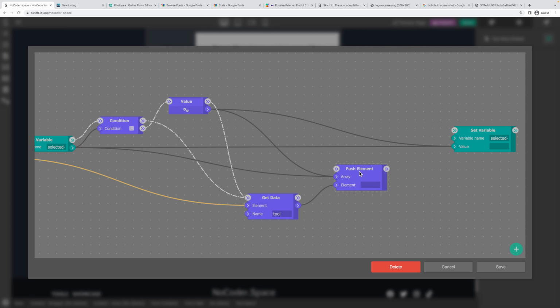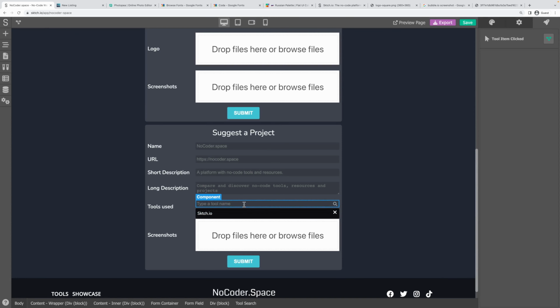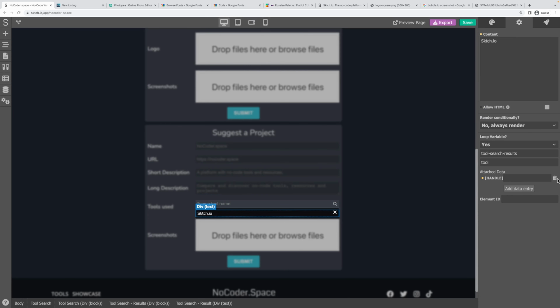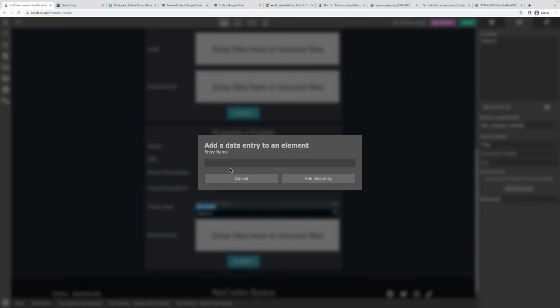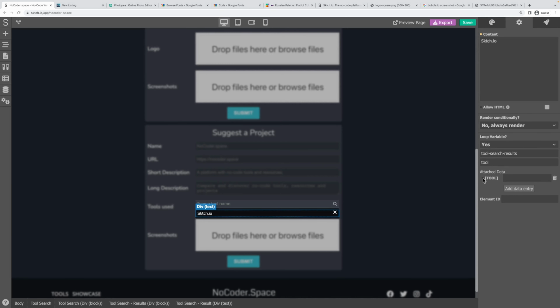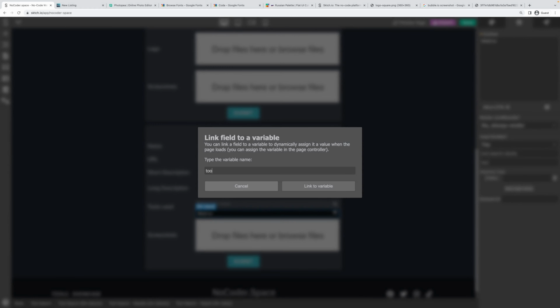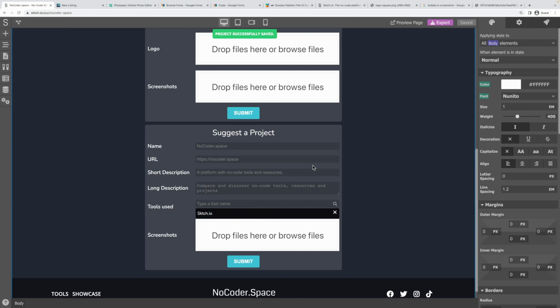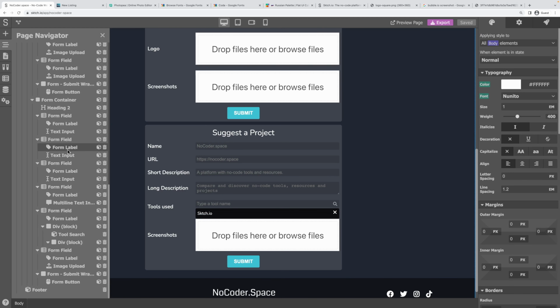Perfect. So now we added the tool to the array, and we've set the selected tools value here. Previously we had set this to the handle. Let's remove this and connect this instead directly to the tool variable. All right, so we can exit this. We can select here